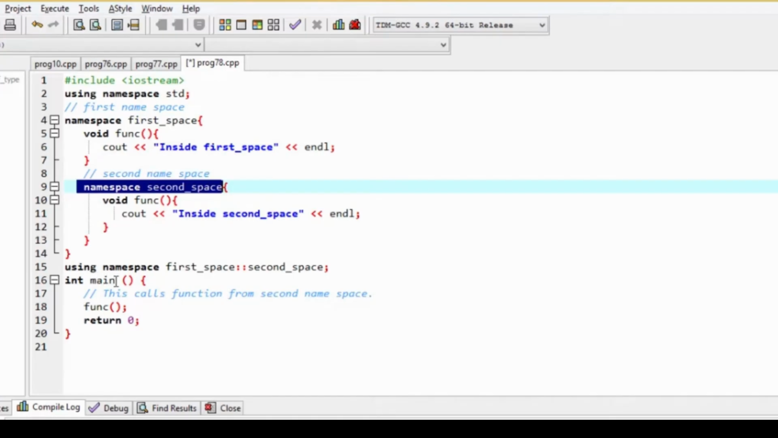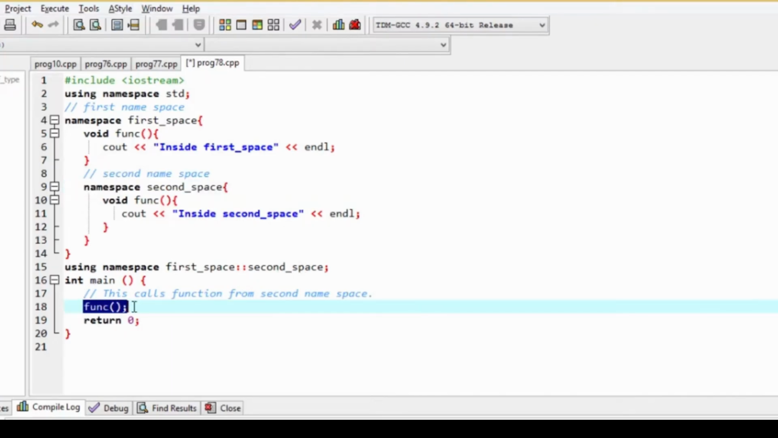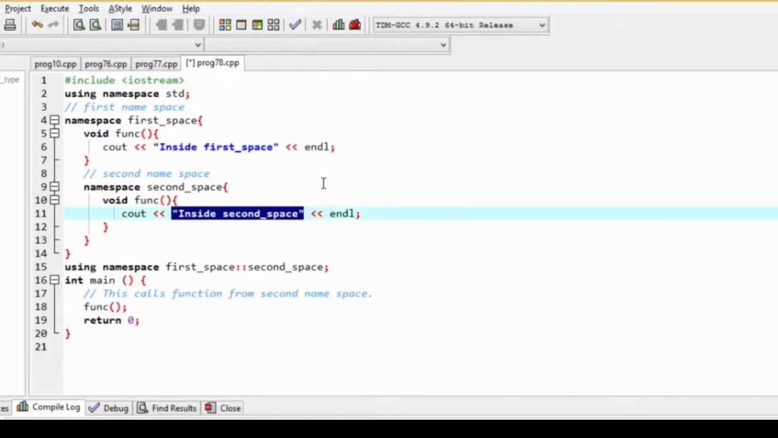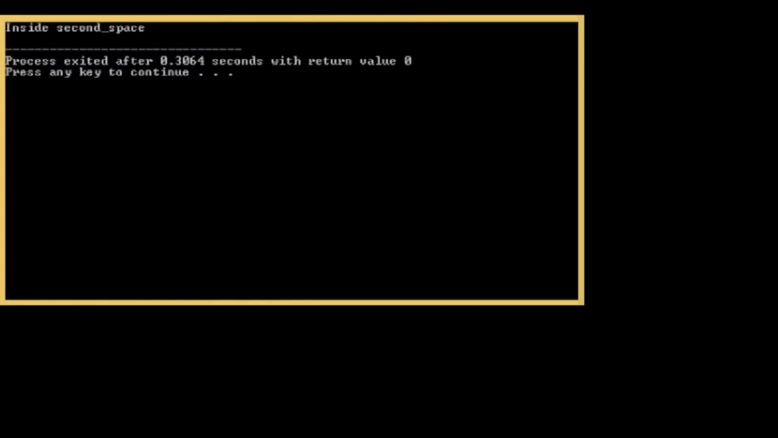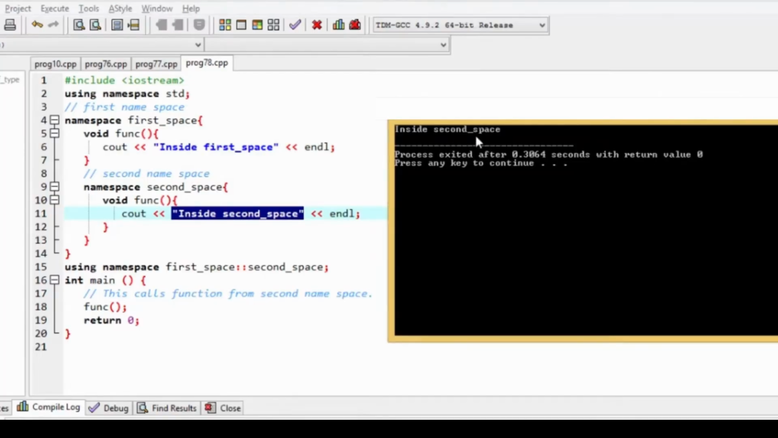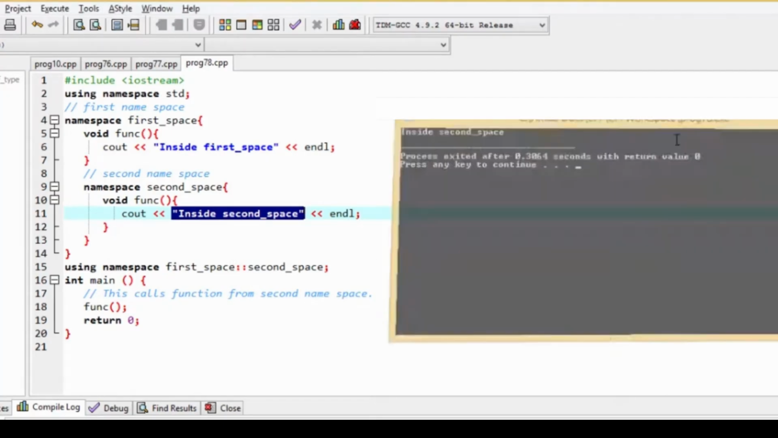Here, before the main function, we're writing using namespace first space, colon, colon, second space. So from main, if we call the FUNC function, then we are expecting that this line gets printed on the screen. Let us go for the execution for better understanding. Here you see, inside second space, this particular message has got printed because I have mentioned first space, colon, colon, second space. But if I write only using namespace first space, just erasing this part, then we are expecting that